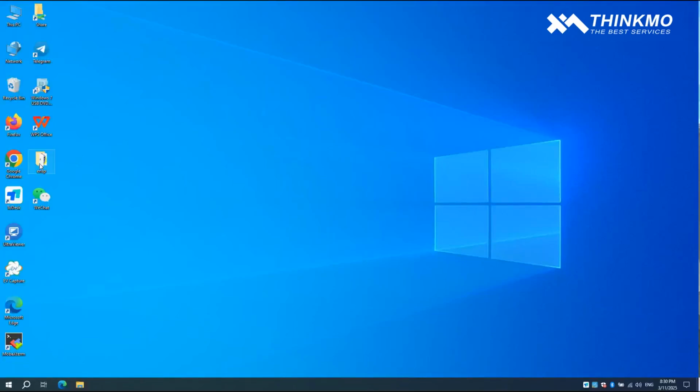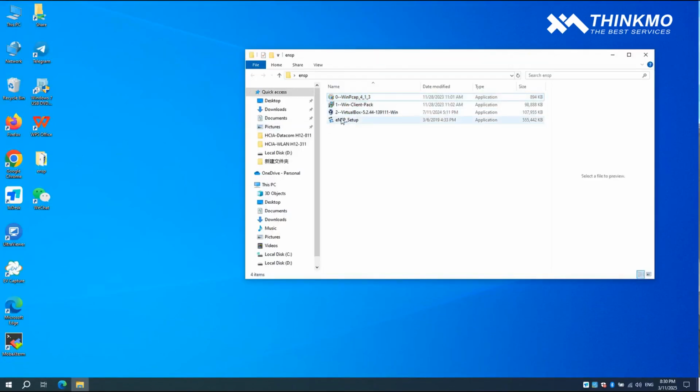Hello everyone, today we're going to explain how to install the Huawei emulator, eNSP. Before installing eNSP, we need to install these three additional software programs in order 0, 1, and 2, and then